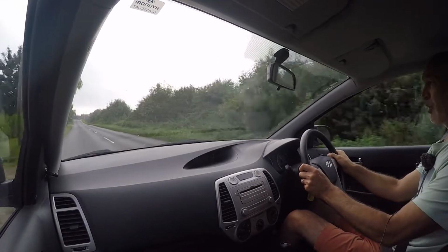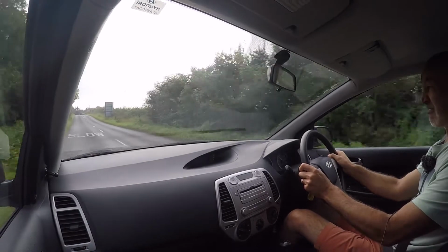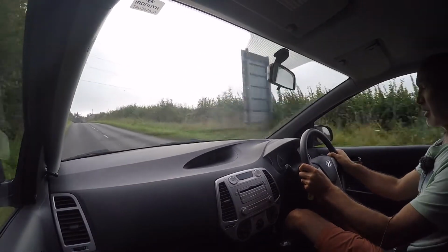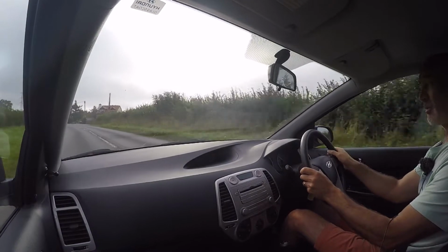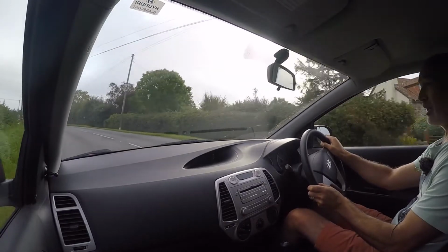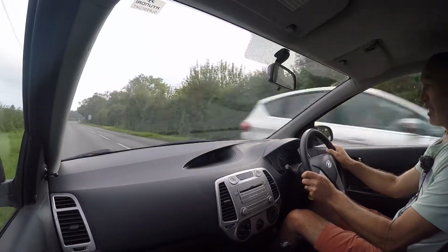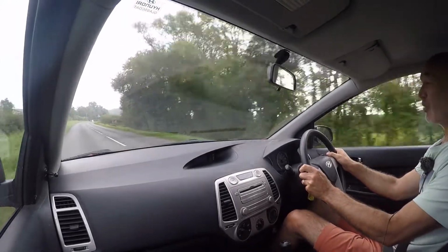Chassis of the vehicle, what I'm looking for, and there's a horrible bump about to come up there. That's a horrid bump, but it's a good one for testing the cars, listening out for any kind of rattles or clonks coming from under the vehicle that shouldn't be there, and there's nothing at all. It feels, again, really, really tight. The chassis gives you a very comfortable ride. It's very smooth riding,